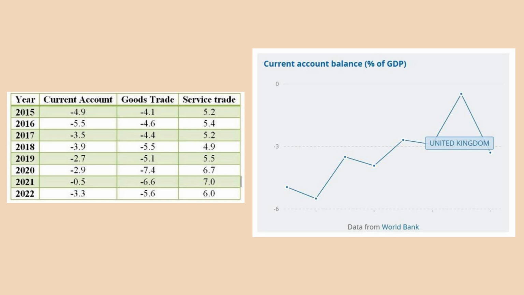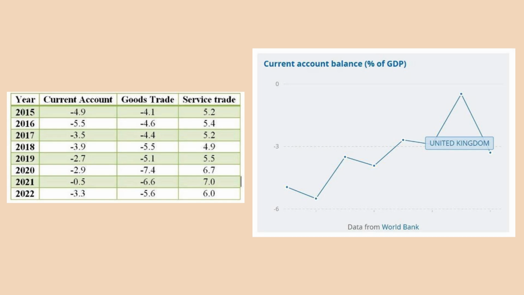The second one is the goods trade balance. This shows the UK trade balance for physical goods only. The UK has a large and persisting deficit here, importing far more goods than it exports. And then the last one is the services trade balance. This shows the UK trade balance for services like finance and tourism, and the UK has a sizable surplus in services